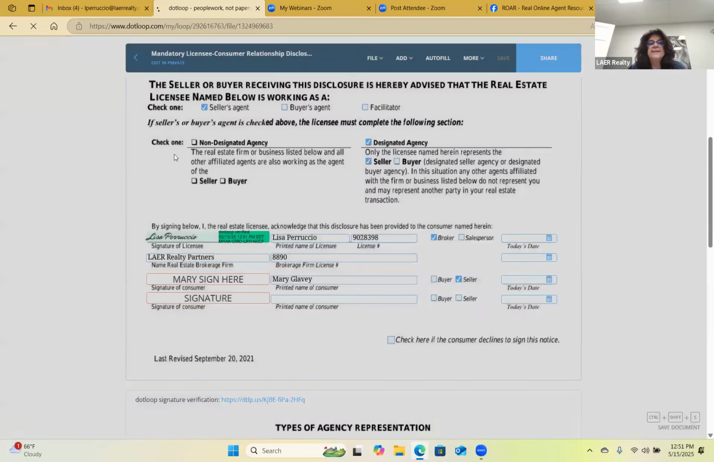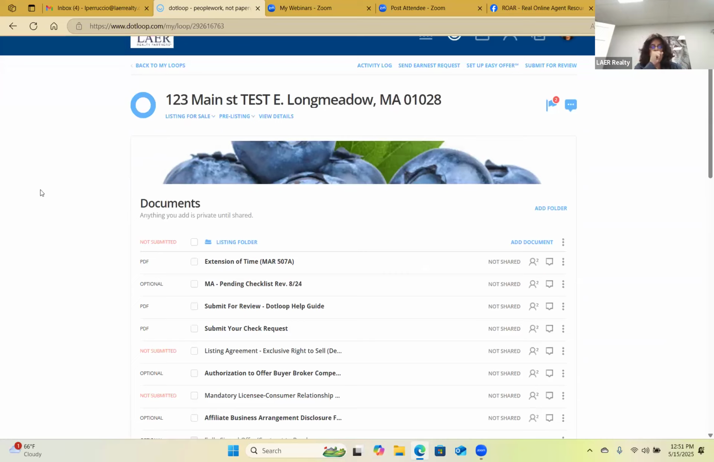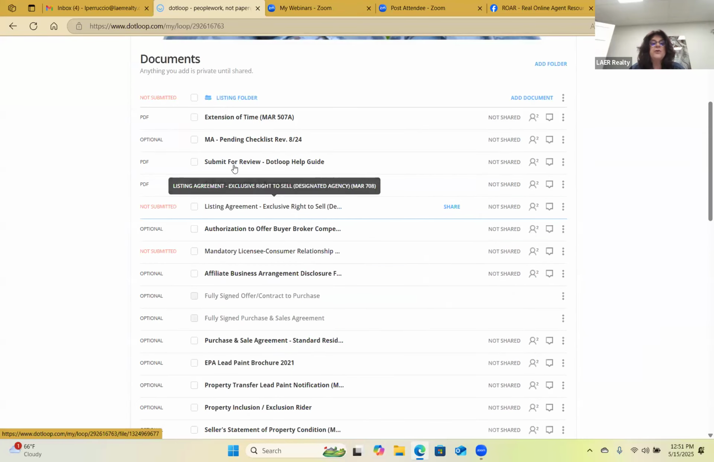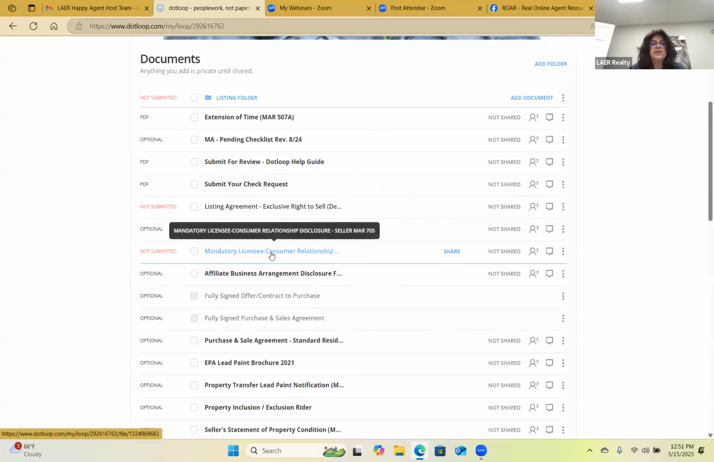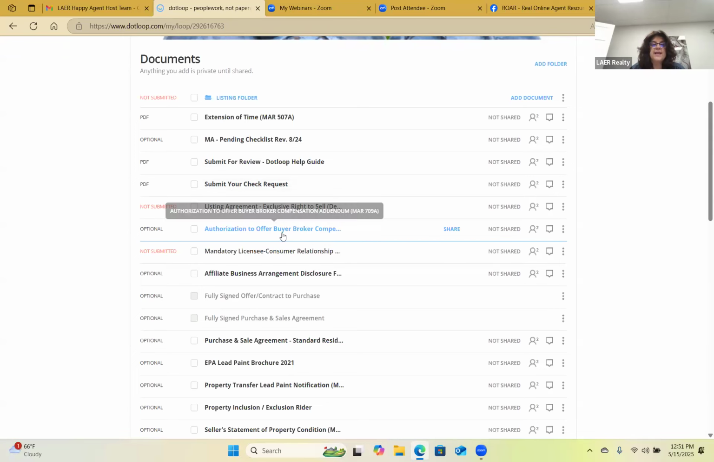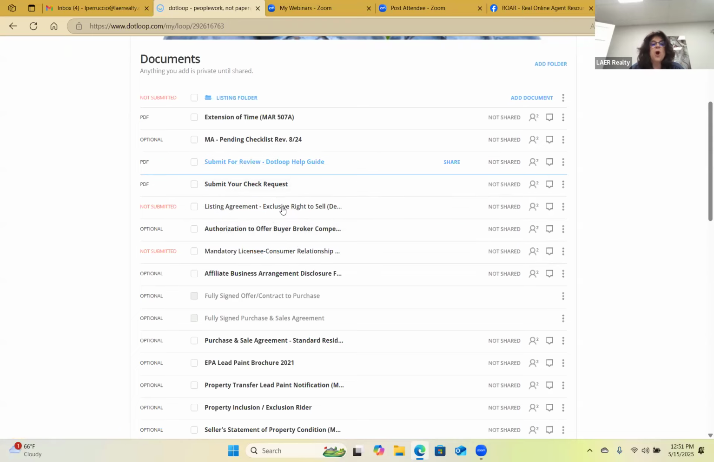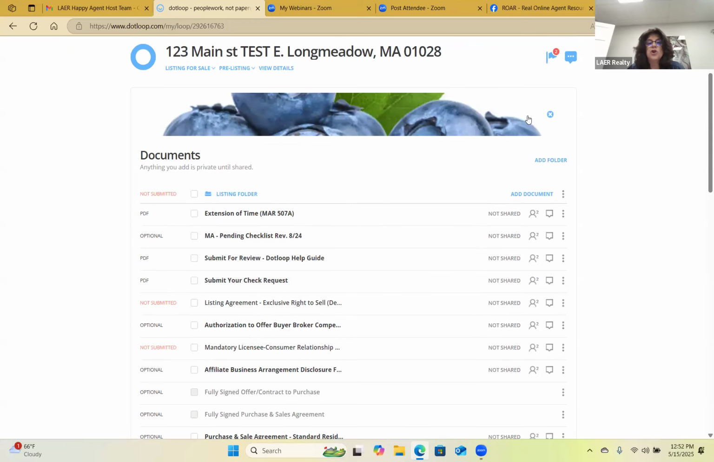The reason why I didn't save and share at the same time is because if I saved and shared at the same time, your client would get 2 separate emails, one with the listing agreement, then another email with the mandatory agency license. When you fill out the paperwork all up front, so this authorization to offer, when you fill out all your paper all at once, and then you go in here and check off what you want to send your client, it'll send all of the forms in